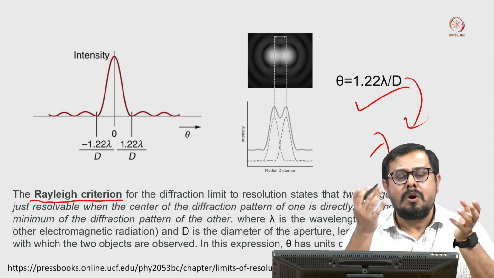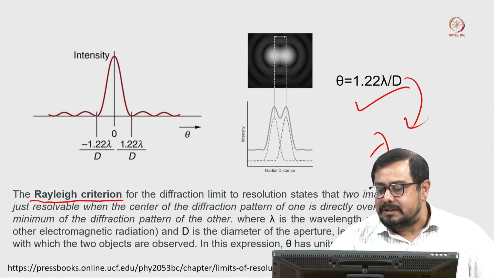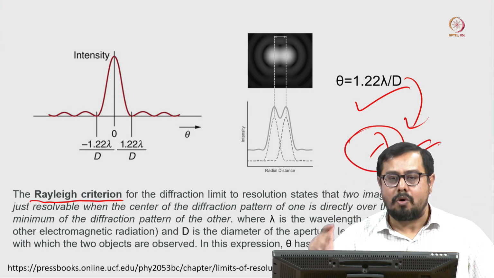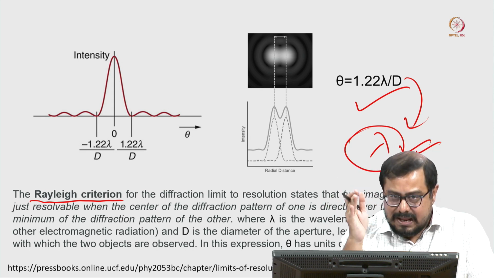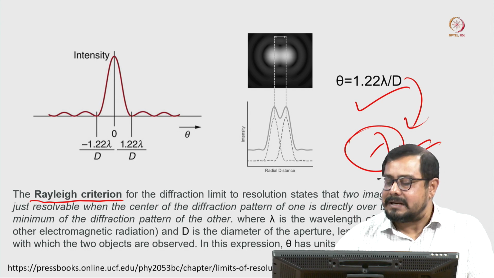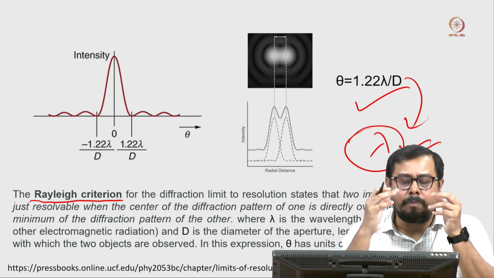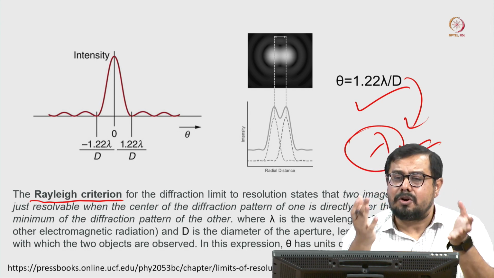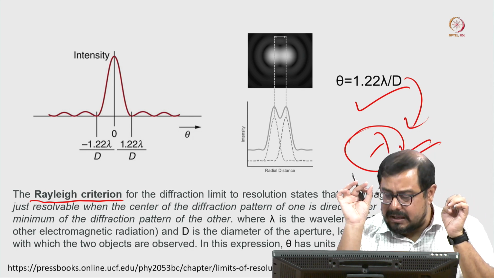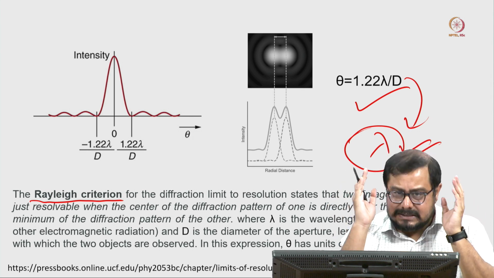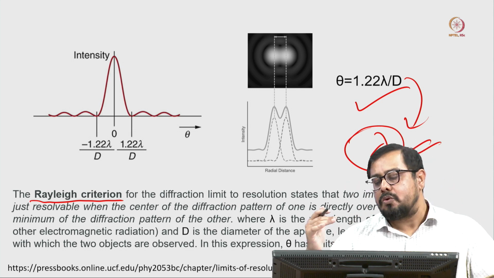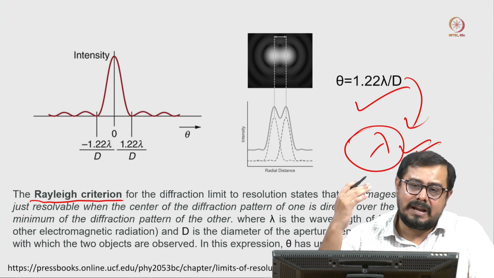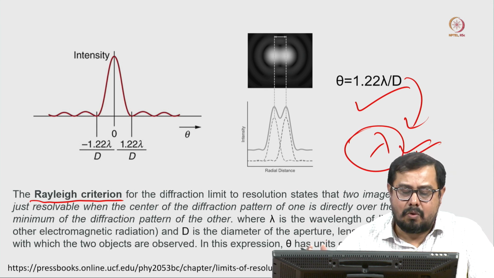If we really want to achieve near atomic resolution, we definitely have to decrease the wavelength, which will help us to resolve very high resolution structures. And that is the reason any kind of electron microscope uses a shorter wavelength, and that has penetration power and also very high resolving power, which helps us achieve very high resolution when imaging any biological samples.